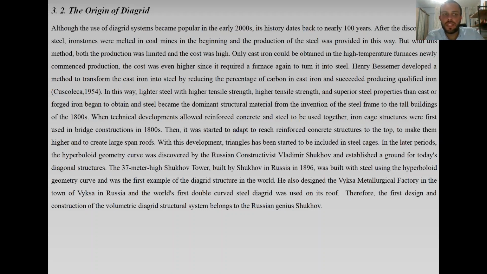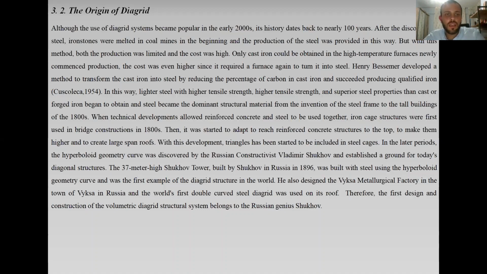Bessemer developed methods to transform cast iron into steel by reducing the percentage of carbon in cast iron, and succeeded in producing coated iron. In this way, lighter steel with higher tensile strength and superior properties than cast or forged iron began to be obtained, and steel became the dominant structural material from the invention of the steel frame to the tall building of the